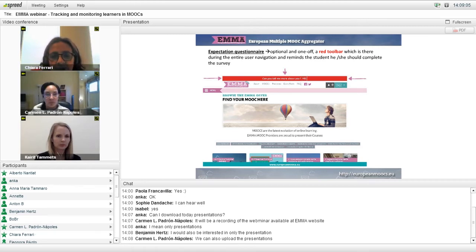So what we have is this red bar, which you see, and which is inviting people. It's in red, so the invitation is quite a strong invitation to take part. For the time being, we've seen that many of our students have completed the research. And so we can show you what kind of